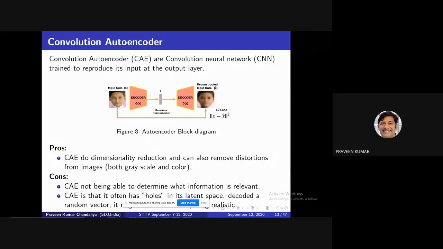After converting the input image to Z, we again transfer this Z to an image with the help of the decoder. The generator represents the encoder, with the symbol E or G. The decoder we represent with the symbol D. Then X represents the input.